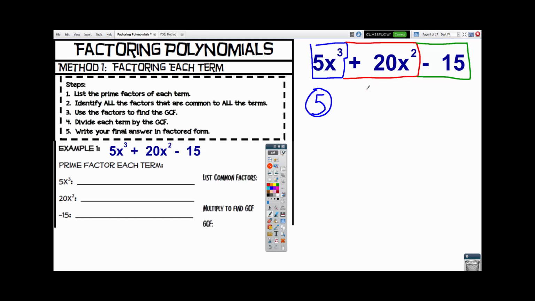So let's move on to the next coefficient. Okay, so we'll go to the one in the red box, which is 20. Two numbers that multiply to make 20. For me, what jumps out immediately is 4 times 5. If you decided to go with 2 and 10, that would be okay. You'll end up with the same list of prime numbers in the end, as long as you divide properly and multiply properly. 5 is a prime number, so I've circled it. 4 is not a prime number, so let's factor it a bit further. Okay, so that gives us